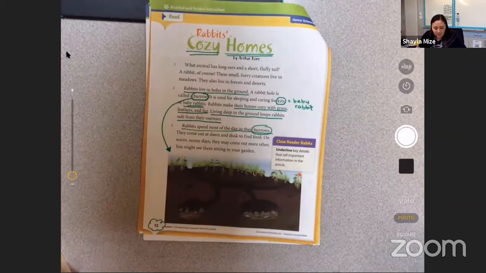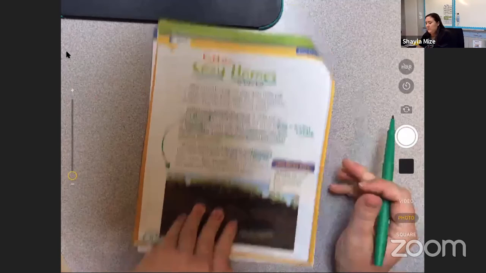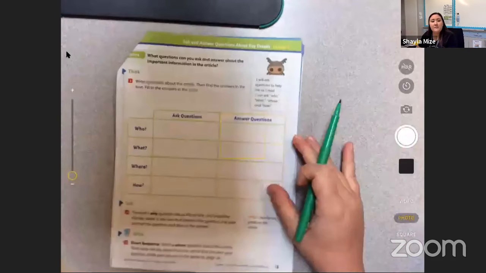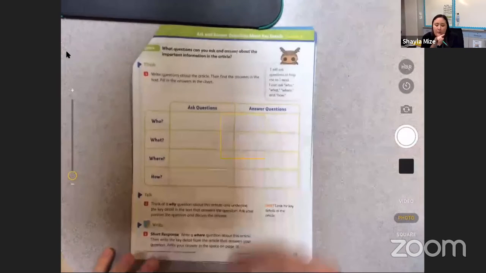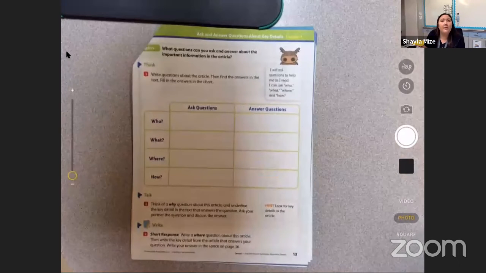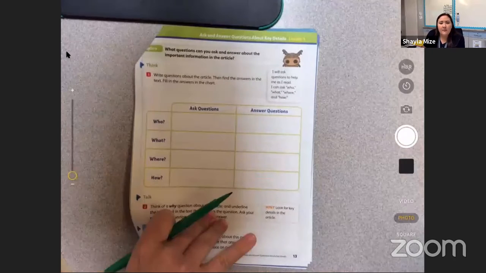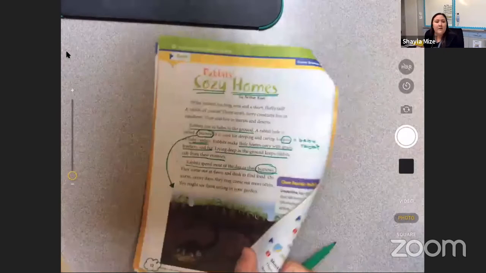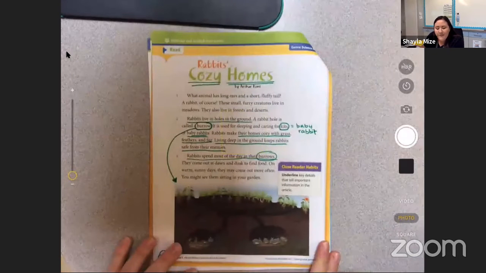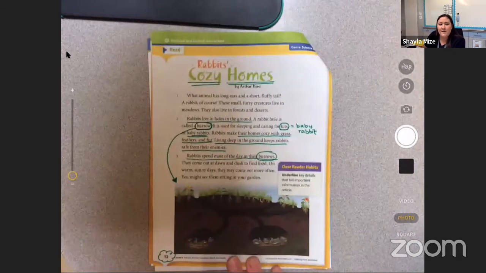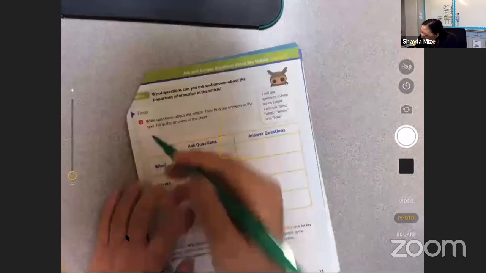So now we're going to flip this over and we have some questions. We have a who, what, where, and how. What is a who question that we could ask about this article? A who question. I'm going to do this one actually. Ms. Mize is going to do this one and then we'll do some others in a minute. The who question is who